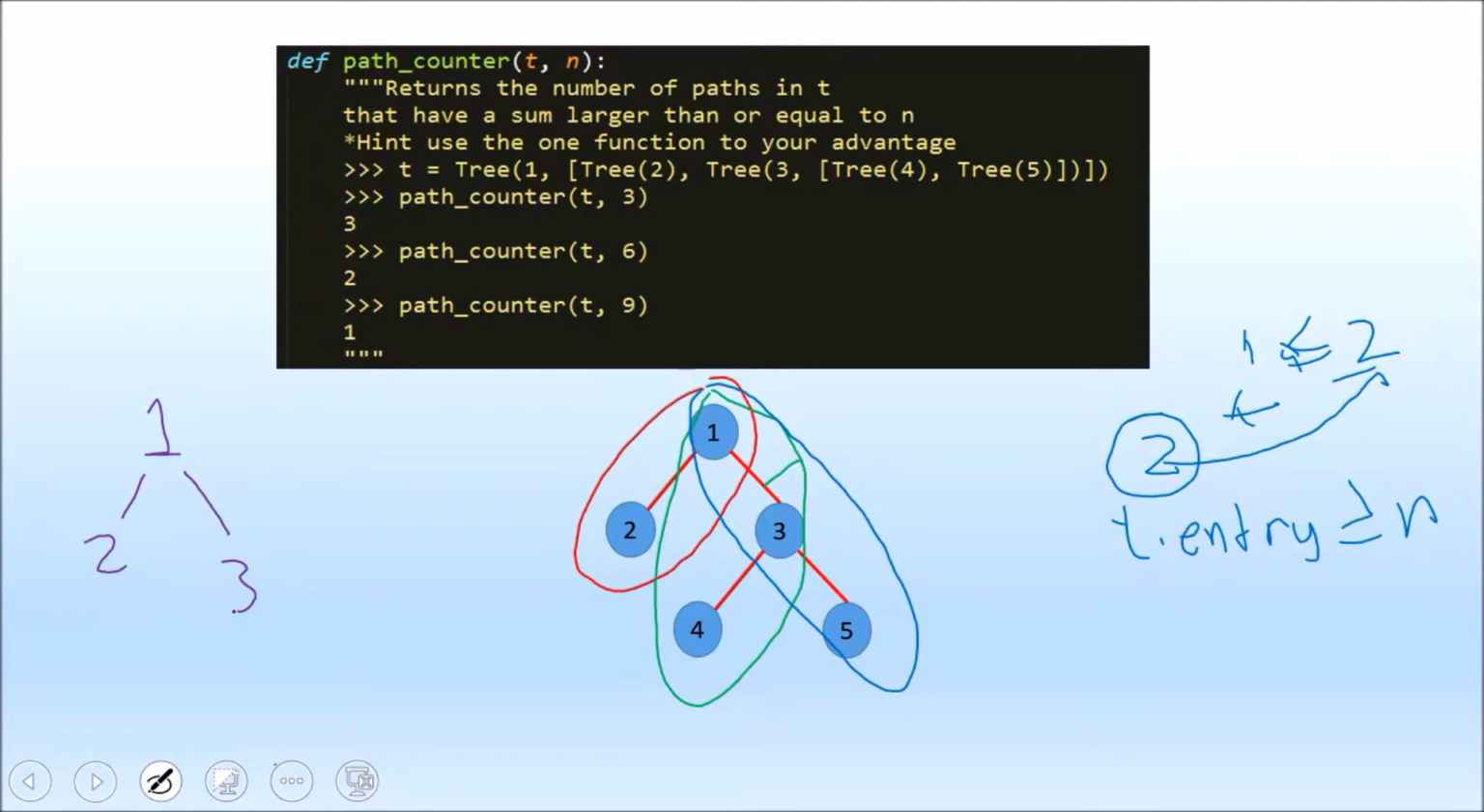Okay. So what if I call path counter on this? So this is our t now. Oh crap, what did I do? Okay, this is our t, and this is going to equal